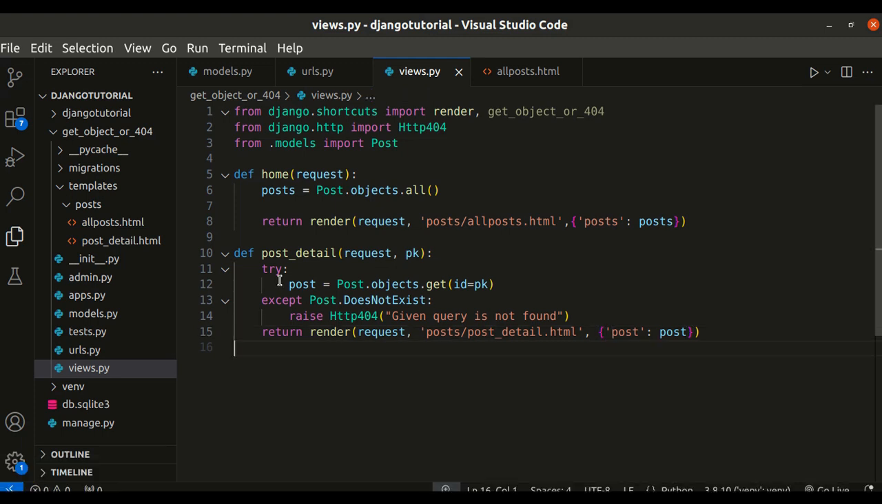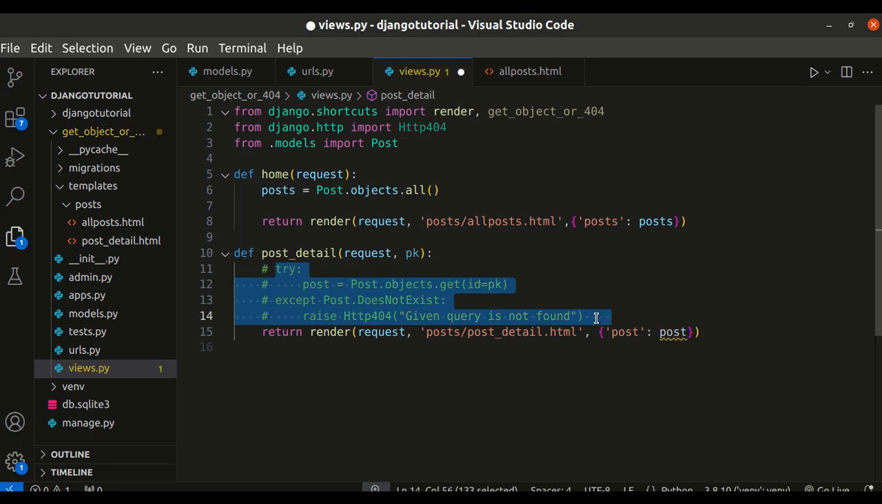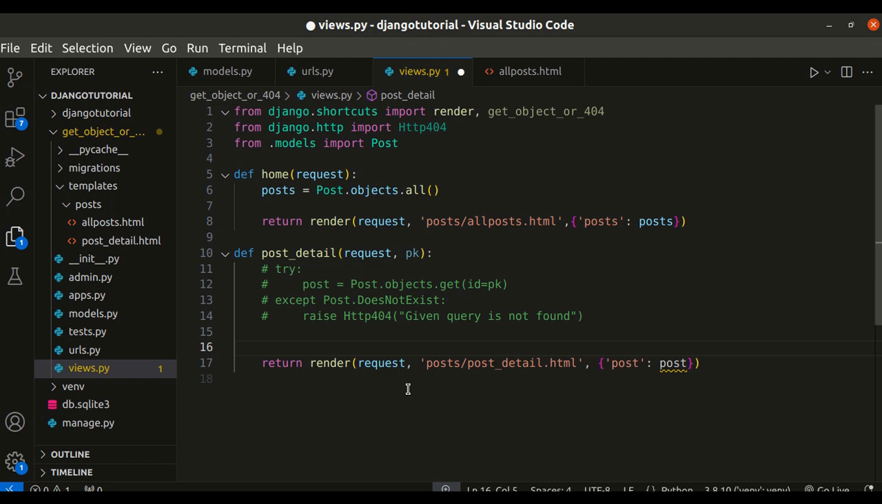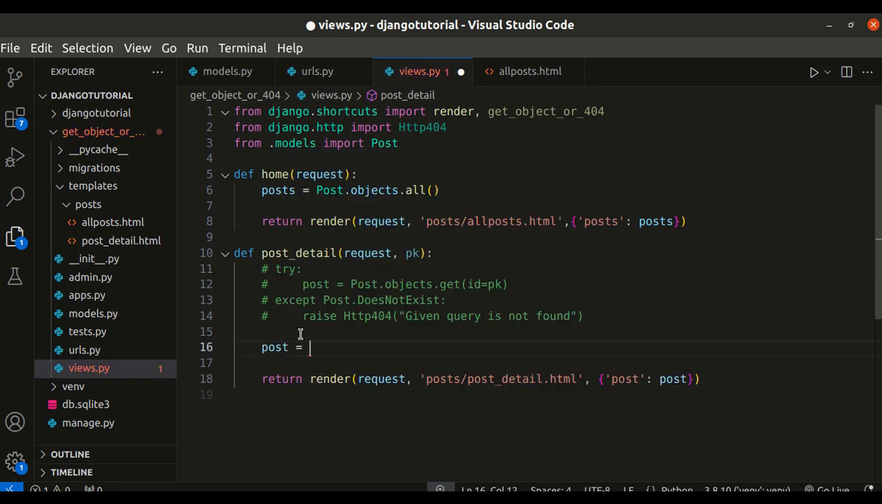But what if you don't want to write all this code? Let me just comment it out and do the same thing using a single line of code. You can do that as well. So for that, we can make use of the get_object_or_404 function in Django. The way to do it is post equals get_object_or_404, which we are importing from django.shortcuts,